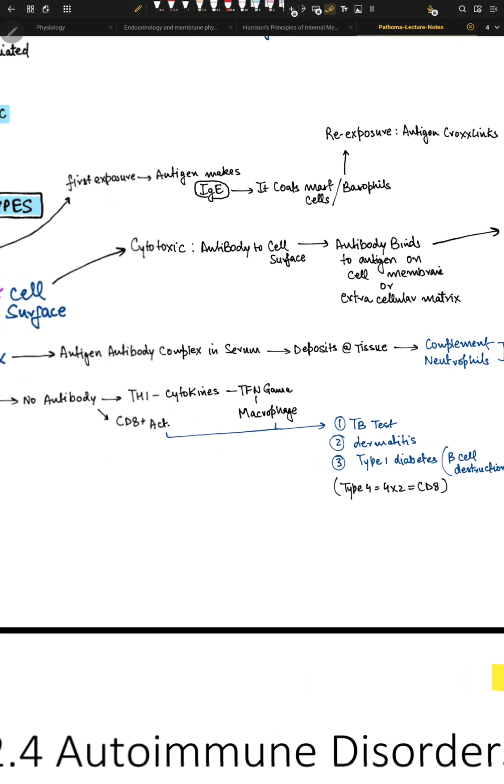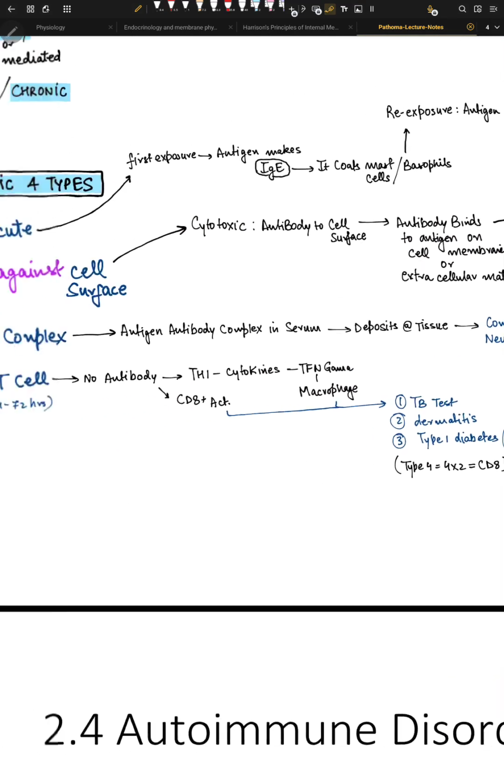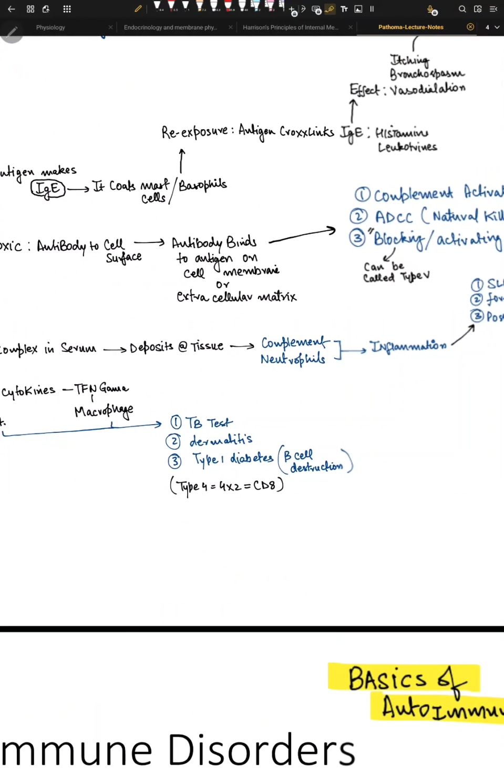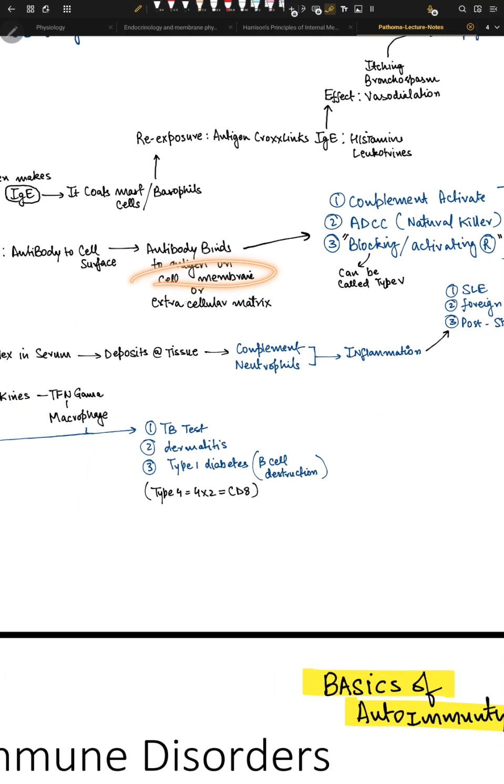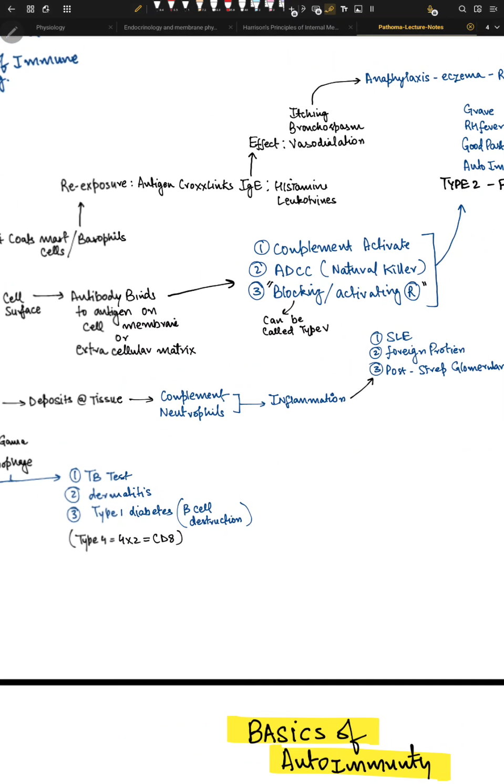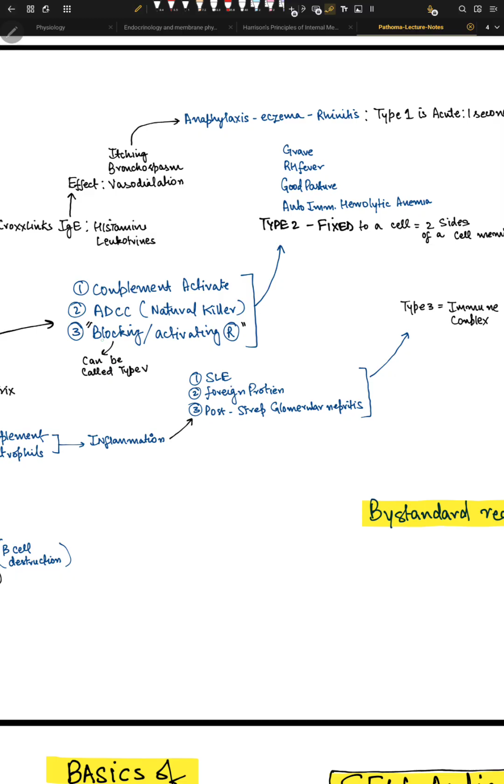What happens here is that this cytotoxic mediated attack is happening. The antibodies are attacking our own cells, our own cell membrane, our own extracellular matrix. Now, after this, the complement system activates. In the previous video we understood what is the complement system. Other thing, this ADCC system starts. What is ADCC? It's a natural killer cell system. Other thing is the blocking and the activating receptors. Now, let's try to understand it a little bit better. What happens here? This blocking and activating receptor. It means that